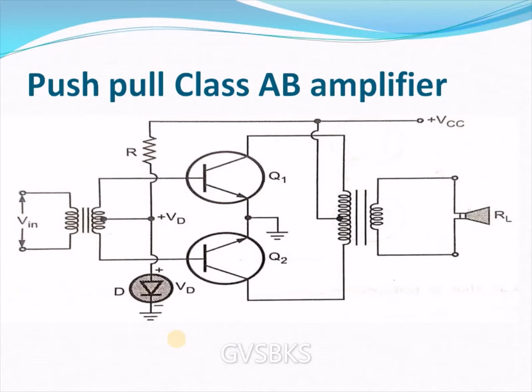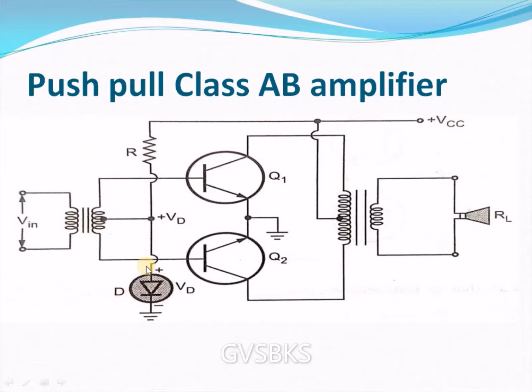So this is the circuit for class AB type of power amplifier. It looks like what we have seen in the class B type of push-pull amplifier. Here, one thing we have to notice: the middle terminal of this input center tapped transformer is not given to the ground terminal. It is given to some reference voltage Vd. This reference voltage Vd, which means the voltage across the diode, will get generated from the VCC. The only extra circuit here is the diode connected from the VCC via a resistor.